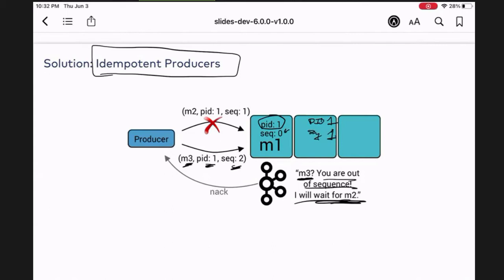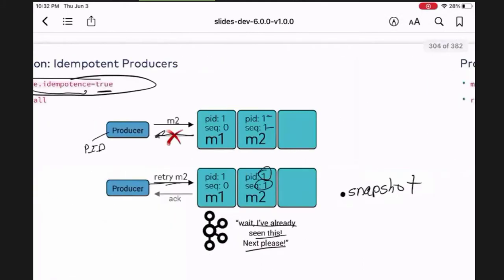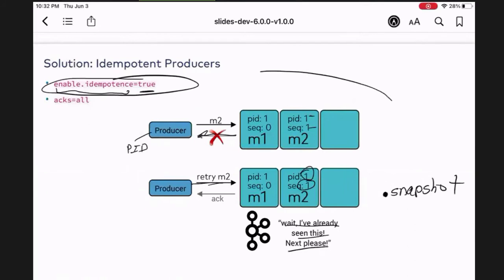Okay, so in this particular case, just know that it's possible to avoid it. The broker will notice that the sequence number for message 3 is not the next one, so it sends the out of order sequence exception. And this is in your notes. I'll give you this also in the documentation, right? But the whole point is, this is just good conversation for you to understand if you have to explain it to someone. You don't have to worry about it, because all you have to do in your code to avoid out of order and to avoid duplicates is to set this one property right there.